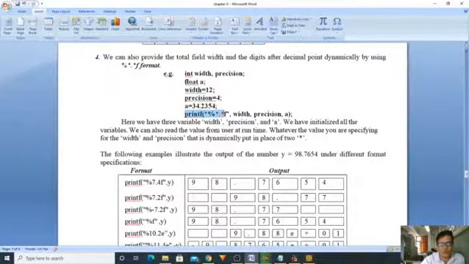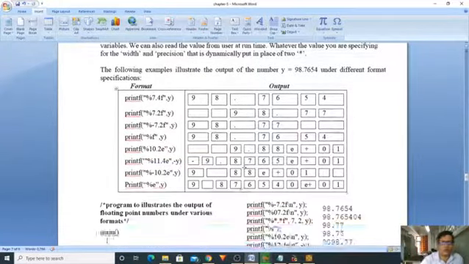Now I am displaying the value. What will happen? %*.*f, how many width? 12. Within 12 width how many precision? 4. Okay, so if you are using star dot star, while printing you have to specify width and precision followed by the variable. Got it? So now let me check here. We are taking one value y is equal to 98.7654.